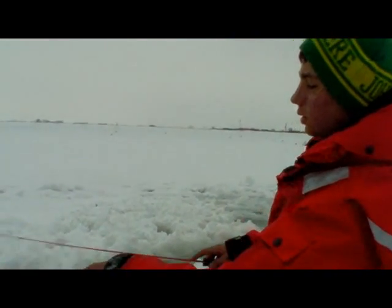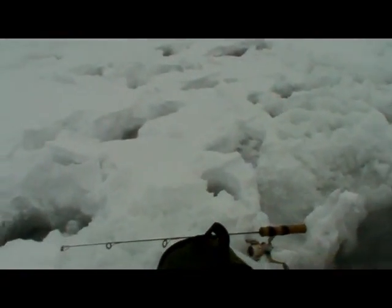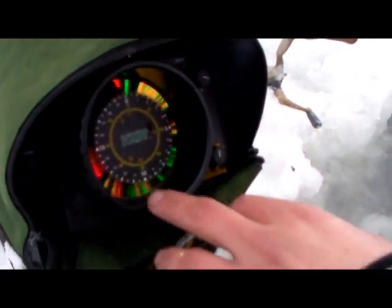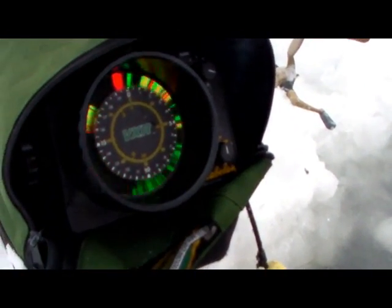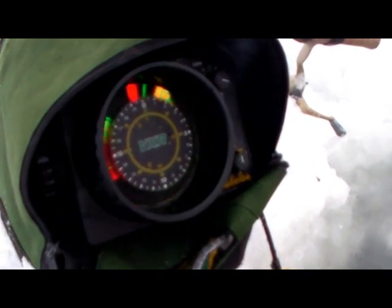Alright, here's a good example. We're going to get close here on the depth finder. I just saw a crappie come off the bottom, and he's about right there where my jigs are. You can see him. He just came off the bottom. He's at 12 foot. What you want to do is bring it right above him and just